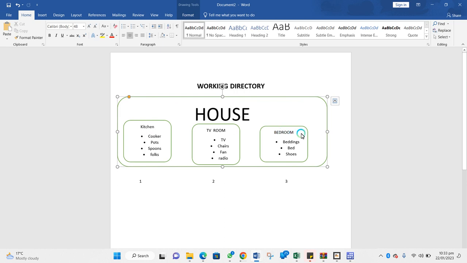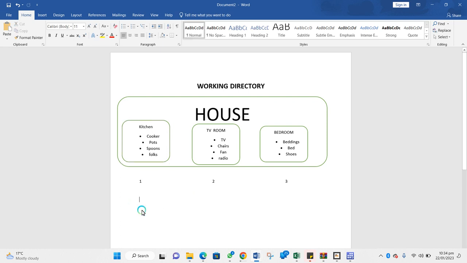Now, if you are saving everything, like your TVs, chairs, fan, radio, beddings in the kitchen, it becomes a problem. Because how are you going to separate the cooker and pots from all these things? Your room will be too small, and you either find the forks on the TV, the chair on the cooker and stuff. So to avoid such things, it's better you save things according to how they're supposed to be. So if you're working in Stata, it's better you have a folder where you are saving everything for that particular assignment that you have. So to change the work directory,